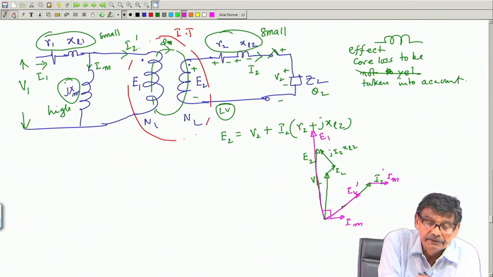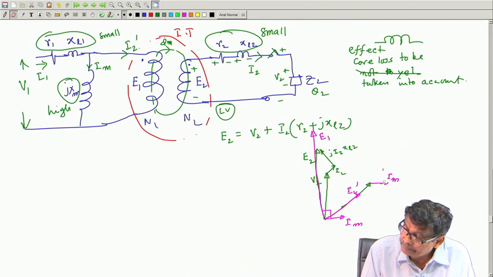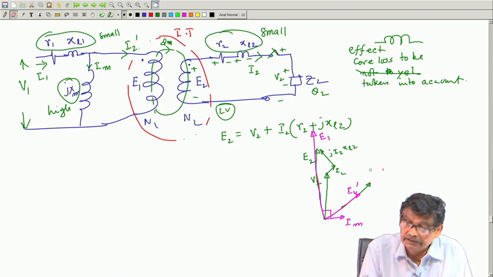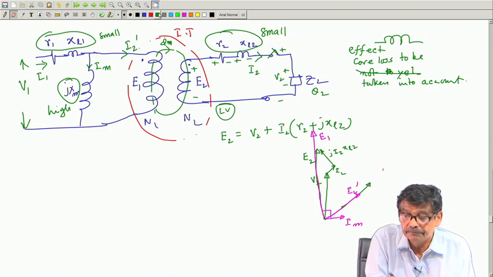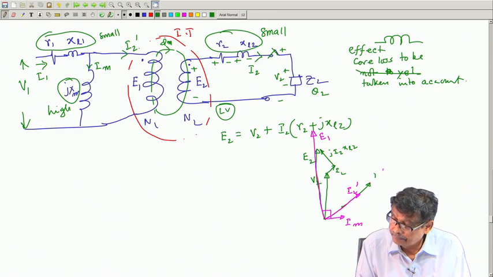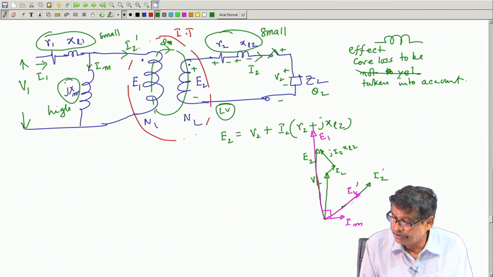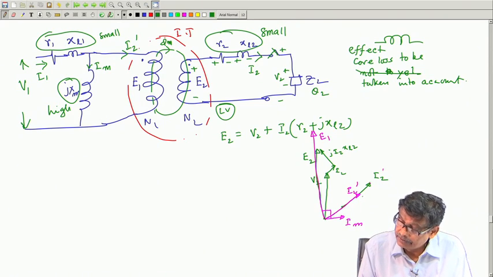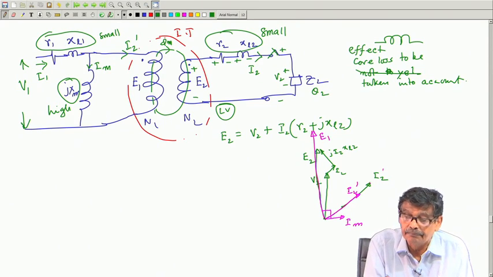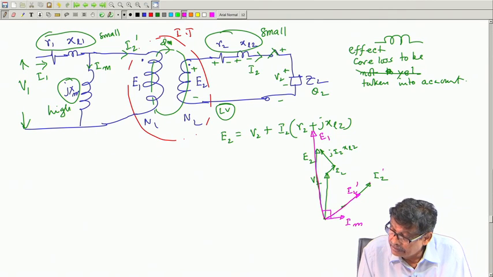It will be like this. This was I2, mind you, this was I2. So, from I2 you get I2 dashed, then I2 dashed plus Im, you add I2 dashed plus Im parallel to this Im, and if you do, you will get I1,